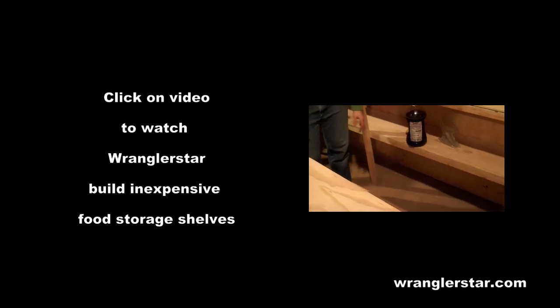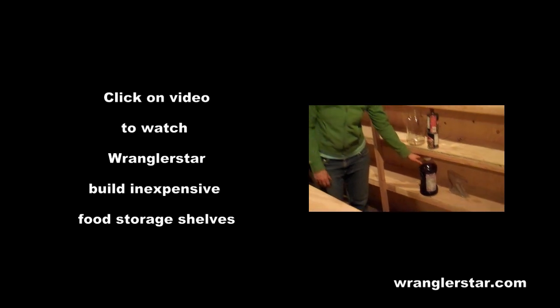Can you start with the bottom? Oh, the bottom. We can put 5-gallon buckets, and then these were olive oil, grape juices, kind of some taller